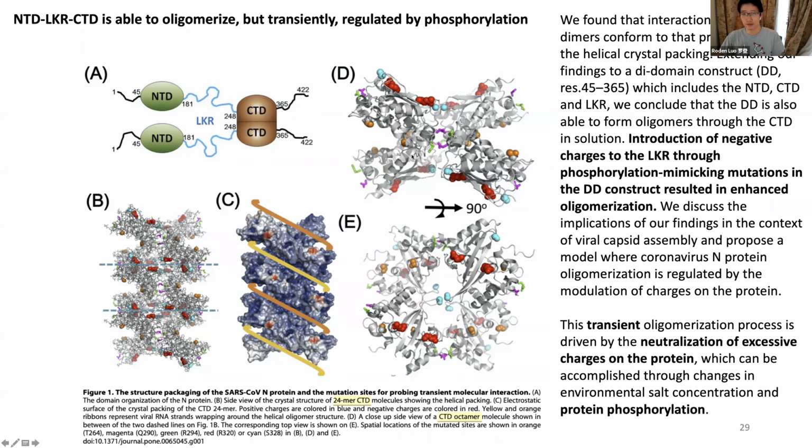another thing is these colors here. You can see this blue sign, red and purple colors, these brown colors here. They are some mutations to mimic the function, one thing here, to mimic the phosphorylation on this LKR region. So